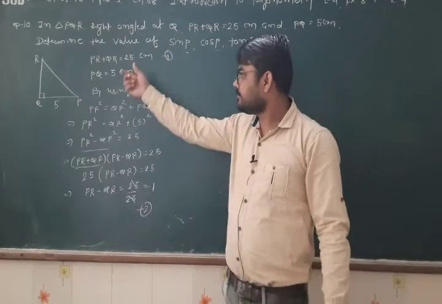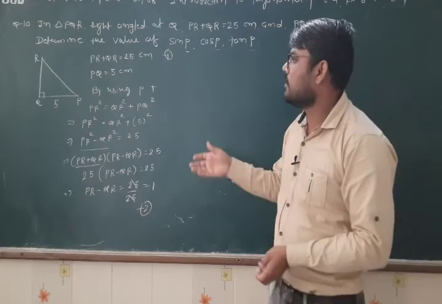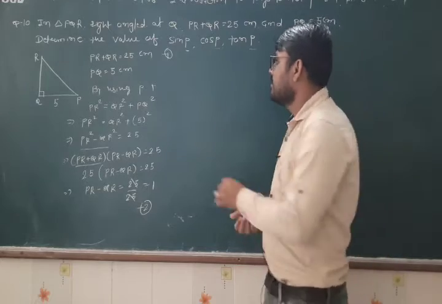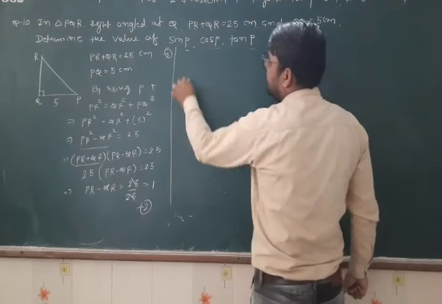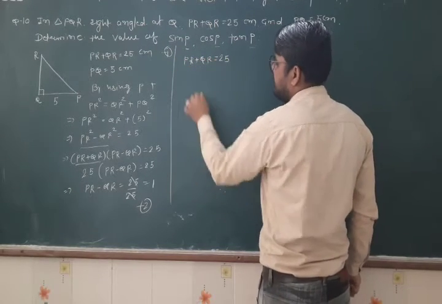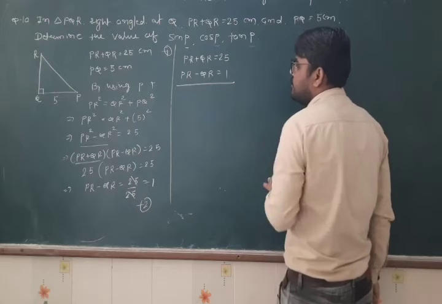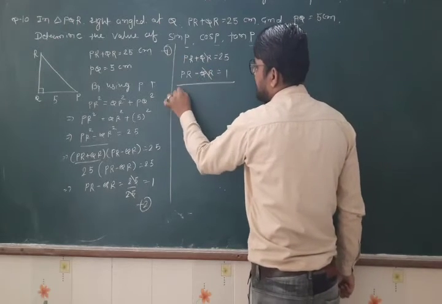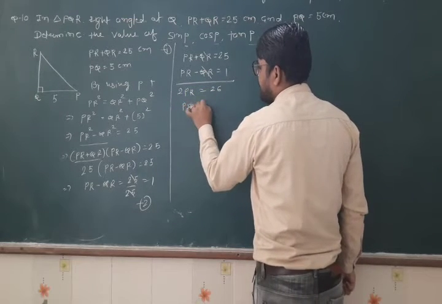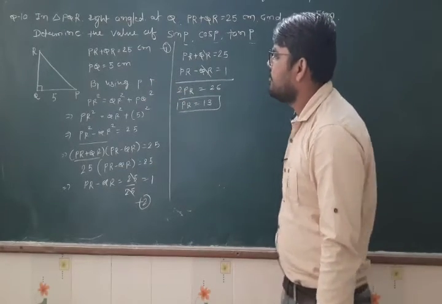And as we know, whenever we have two equations, we have a variety of methods to solve those. We have discussed in quadratic equations, also in pair of linear equations. We have the elimination method. So eliminate these two equations. First we have PR plus QR equal to 25, and second one is PR minus QR equal to 1. Simply add these two. So QR cancels. PR plus PR, that will be 2PR, and this one will be 26. Then PR equal to 13, right? Now use this value of PR in any of the equations and try to find the value of QR.